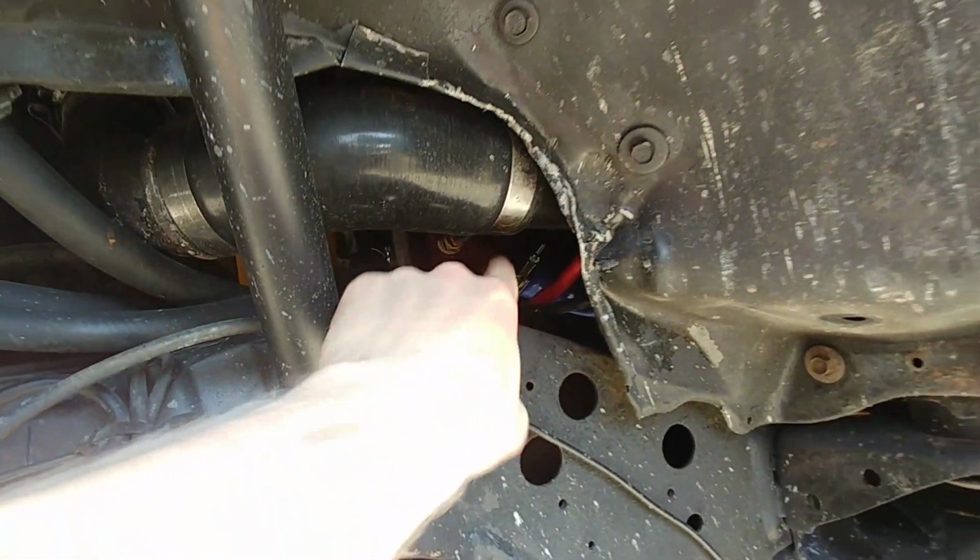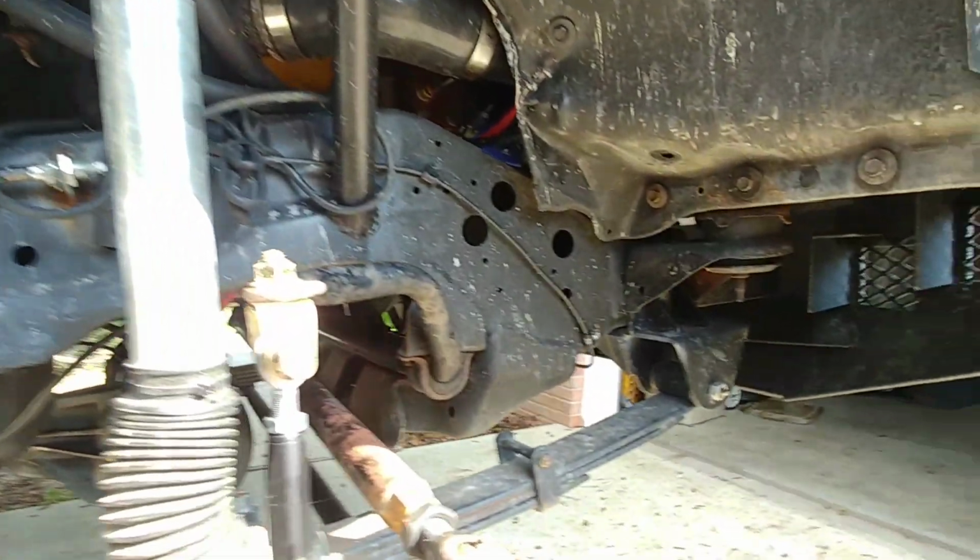It was actually this pipe that I blew out. Just had to roll the inner fender out. That doesn't touch the tire or anything, but